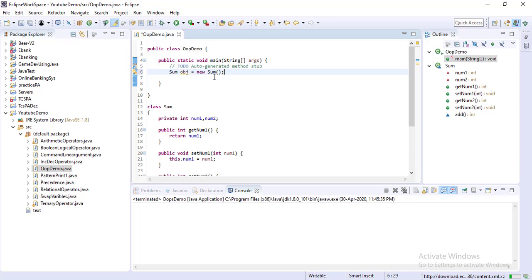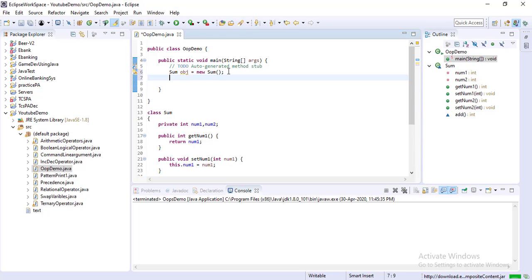So for any class, inside the class you can declare the variables, or whatever data you want, that is the data element. So the data element you are accessing outside the class, if you try to access the data element outside the class, you have to first create the object of that class. Okay, so without creating the object, you cannot access. Then you have to create the scanner class object to take the input from console.